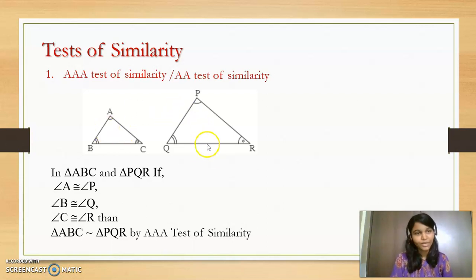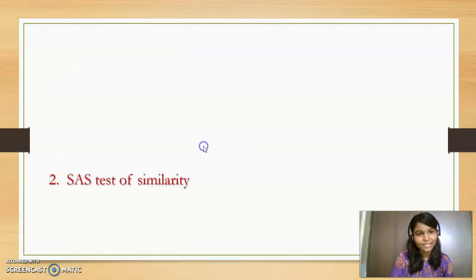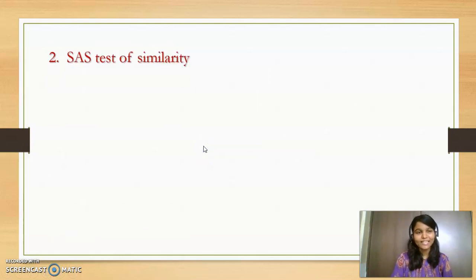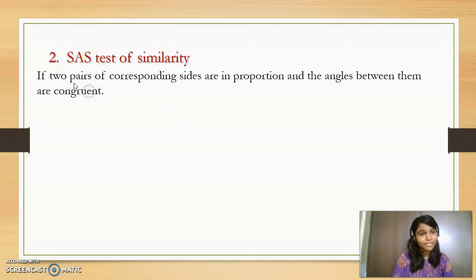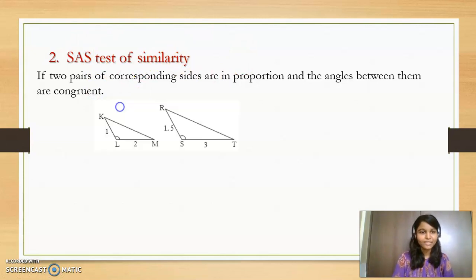Okay, let us go to the next test of similarity, that is SAS test of similarity, that is side angle side. Means when two pairs of corresponding sides are in proportion and the angles between them are congruent, then the triangles will be said to be similar by SAS test of similarity. For this students, let me take an example of a figure. Okay students, if you look at these two figures,